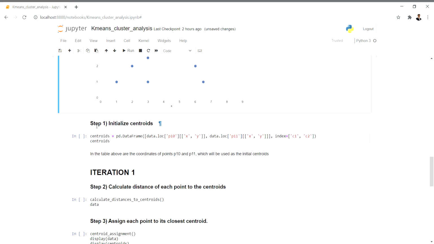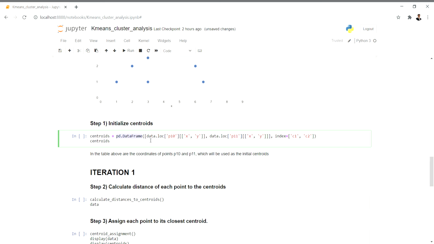So first step is to initialize the centroids. Since we have not been given any data about this, I'm randomly picking the last point and the second last point, that is P10 and P11, as my initial cluster centroids. Since it all belongs to a data frame, I have to put it inside a data frame.